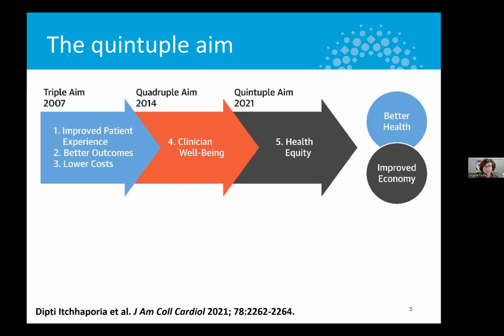And then it took us about 7 years, and we're like, you know, actually our healthcare team matters. We matter too. If we have a sense of well-being, if I have to put on my own oxygen mask first, if I feel like I'm supported, then I can provide better care to the people that are coming to me, whether I'm a lifestyle coach, or a pharmacy tech, or a physician, or a diabetes care and education specialist. If I have a sense of support and well-being, I can provide better care. And then it took us another 7 years to say,